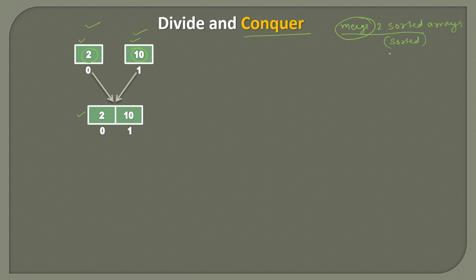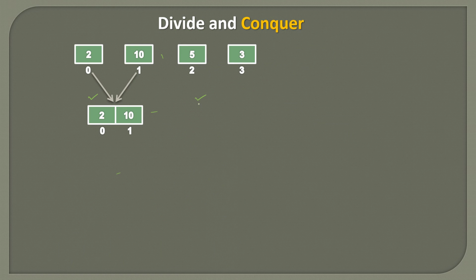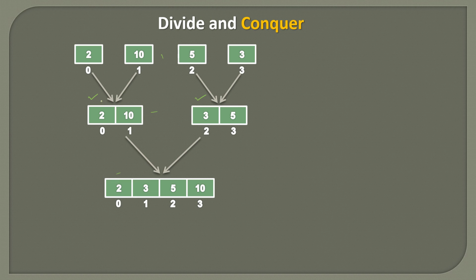One thing is important: you can watch my previous video where we saw the algorithm for how we can merge two sorted arrays, and the resultant array is also sorted. So we will get this sorted array. So this recursion ends here. It then goes to this side. It takes 5 and 3, breaks it down like this. It merges 5 and 3, which gives 3 and 5. So this part is done. Once this part is done, it sees that I have got one larger array here and here, and both are sorted. So it tries to merge them. So we'll get 2, 3, 5, 10.